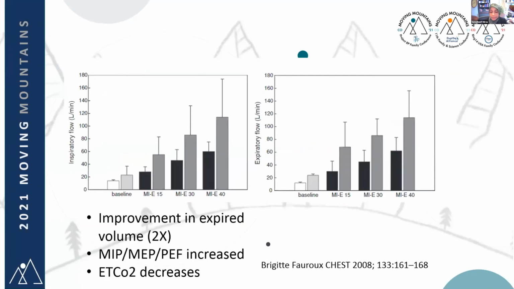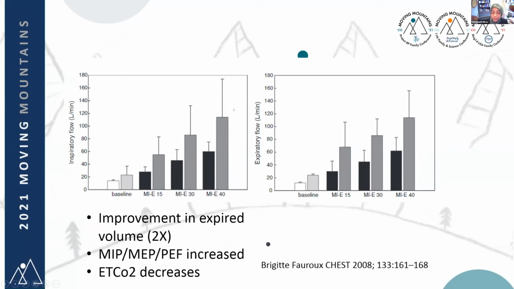Now, this is just a simple diagrammatic representation of how your expired volume literally doubles before and after using the mechanical insufflator-exsufflator. And that is directly related to the amount of pressure that is applied. So pre and post, and we're looking at using pressures of 15 versus 30 versus 40, and you can see